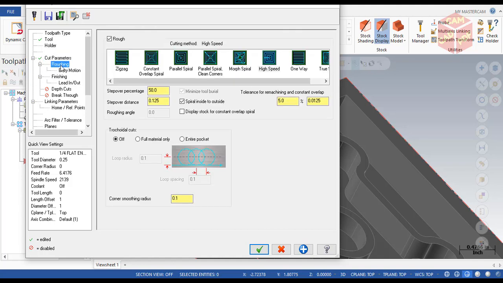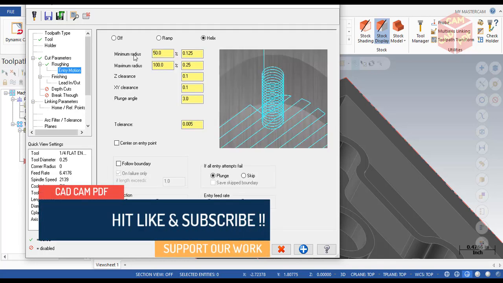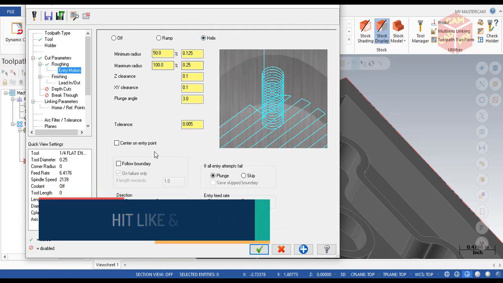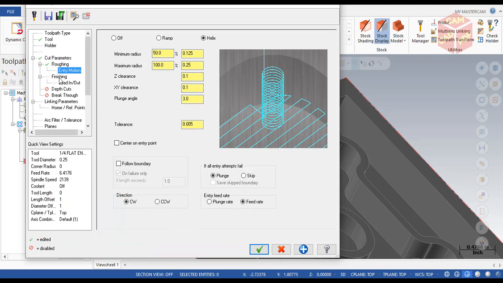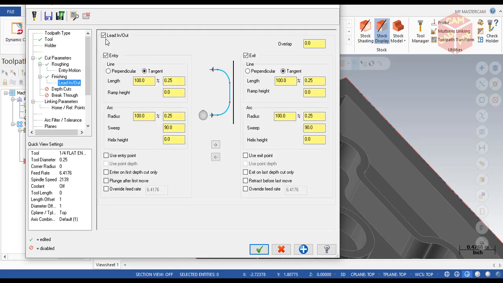Now go to roughing, make sure it's enabled, and go to parallel spiral, make sure everything remains default, and then go to entry motion, make sure it's enabled and it's helical, and then everything should remain as it is, and then go to finishing, make sure it's enabled, and make sure machining finish pass only at final depth is enabled, click OK, and now go to lead in and out, make sure it's enabled, leave everything default,